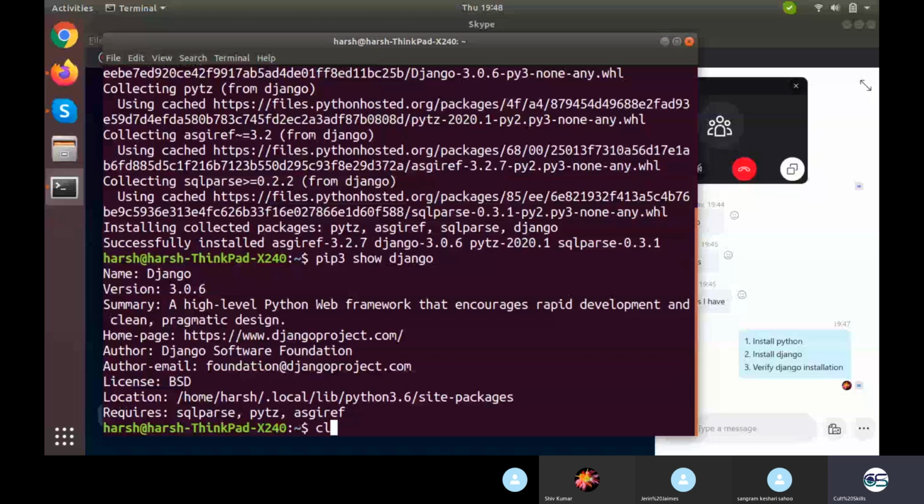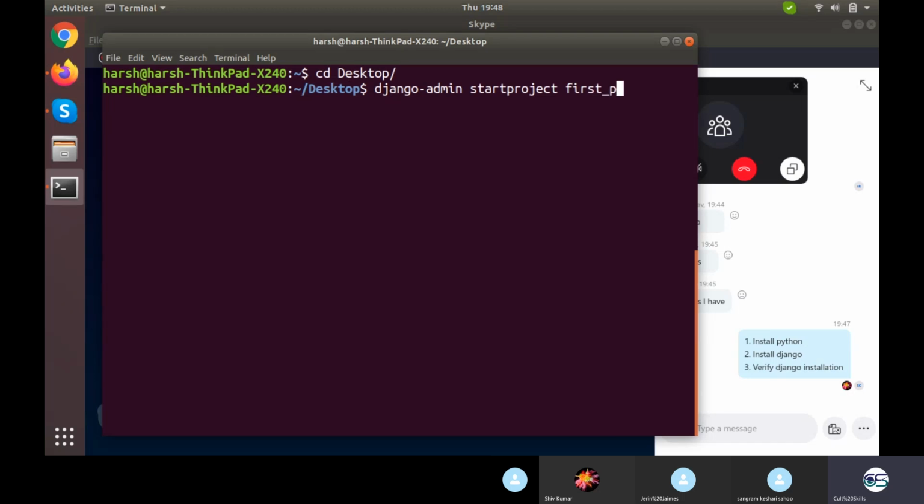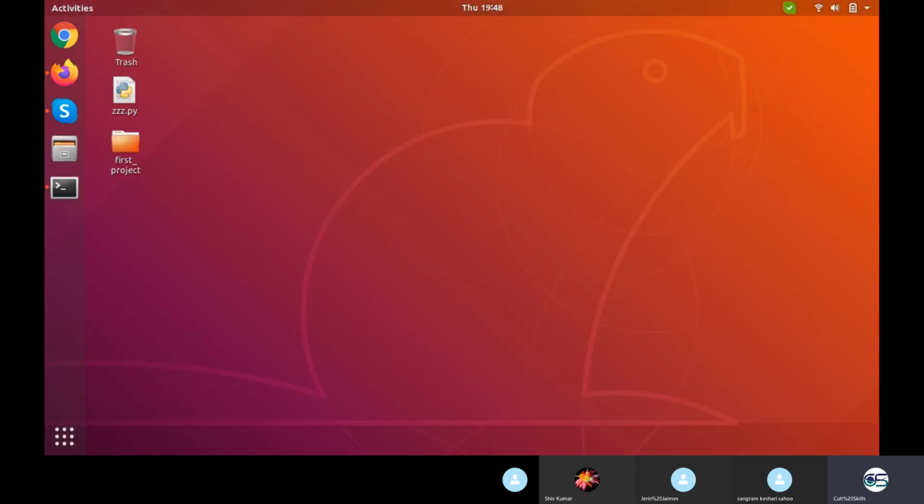Now if you have Django with you, then this will be your task at home. You can follow the video alongside and repeat the things at home. Your next task would be to navigate to any particular directory wherever you want to work. I want to work on the desktop, so I came out into the desktop. I need to launch the command django-admin startproject and the name of the project. Let's suppose I give the name of the project to be firstproject. Done. When I press enter, it will take a fraction of a second and it will make a directory at my given location, desktop, with the name firstproject.